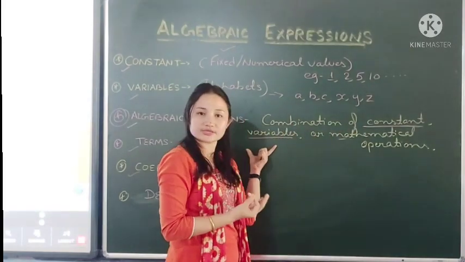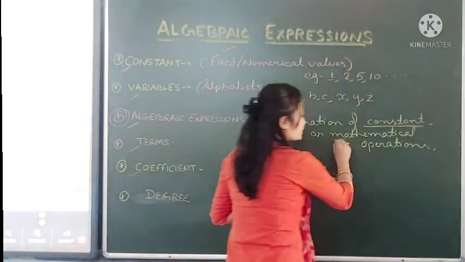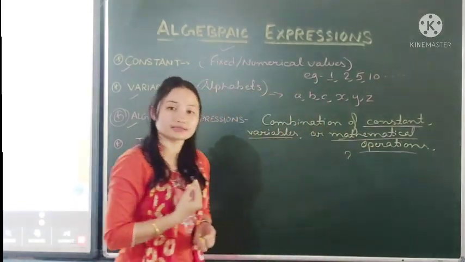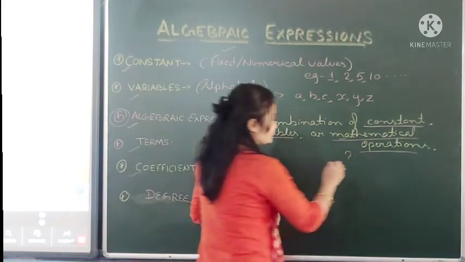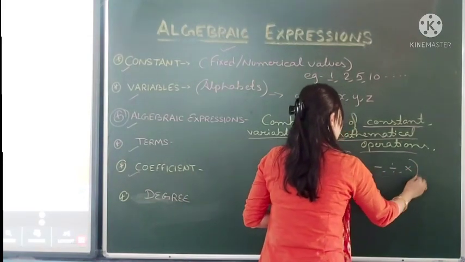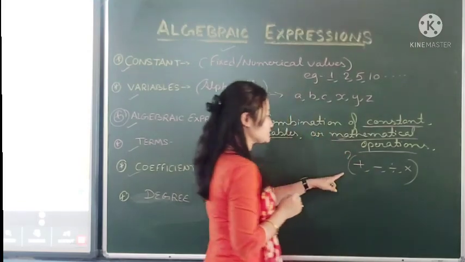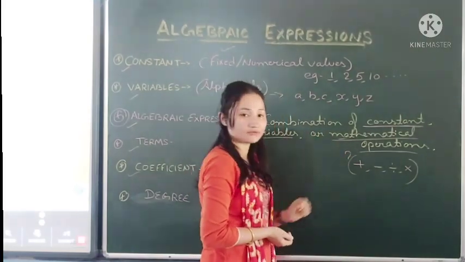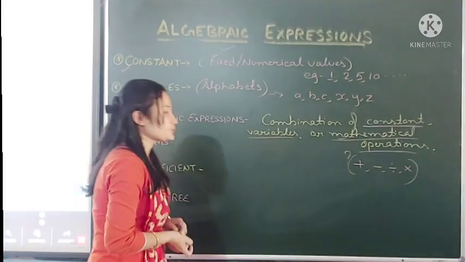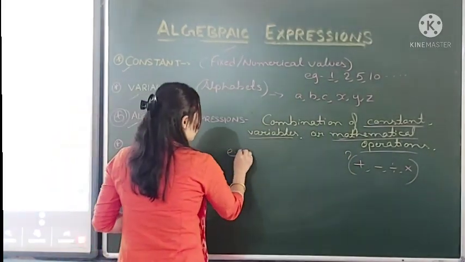So constant and variables are already clear, right? So what do mathematical operations mean? Mathematical operations means signs, right? Like plus, minus, divide, multiply. So all these signs and symbols in mathematics we can call mathematical operations. So let's suppose I write an example,